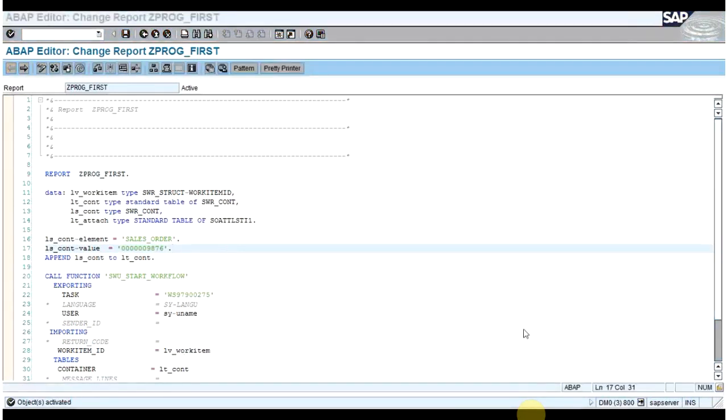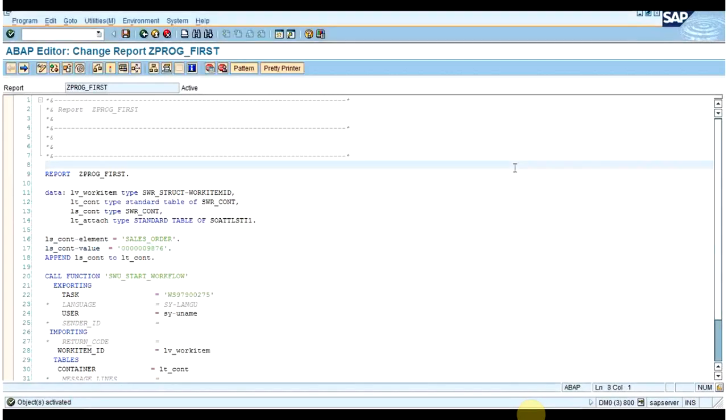Just check for errors. If you have more than one element, you can just populate it in this internal table.